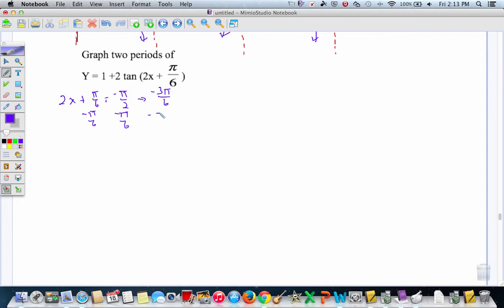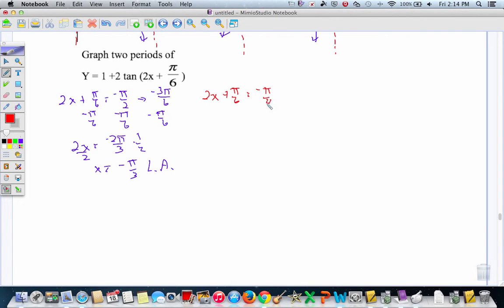I need a common denominator, which is going to be 6. So I have negative 3 pi over 6 minus pi over 6, which is negative 4 pi over 6. Negative 4 pi over 6 simplifies to be negative 2 pi over 3. I'll divide by 2, which is multiplying by a half, and x equals negative pi over 3 for our left